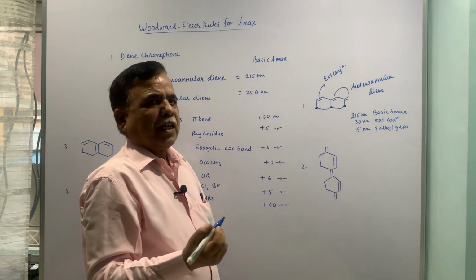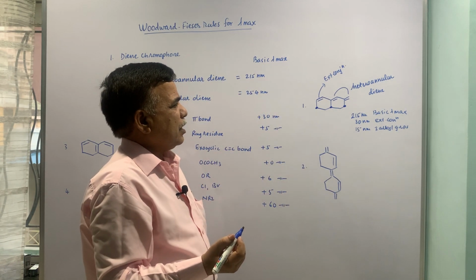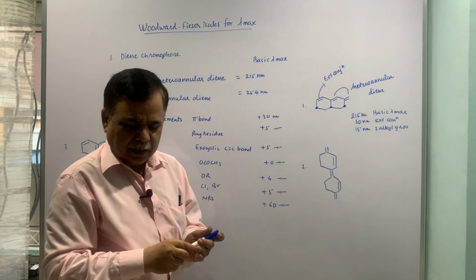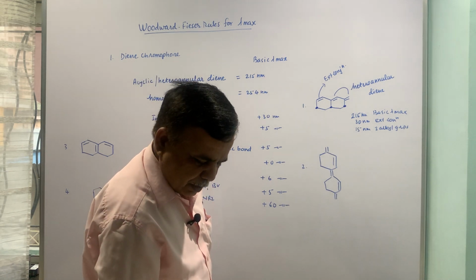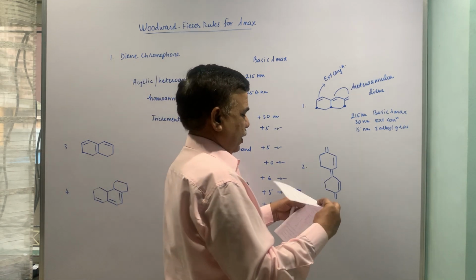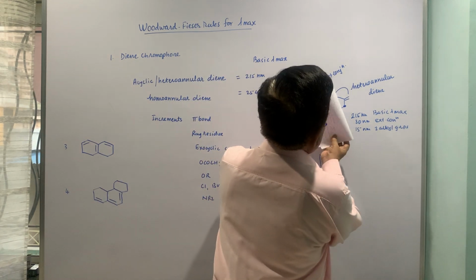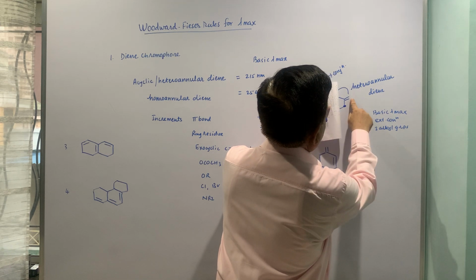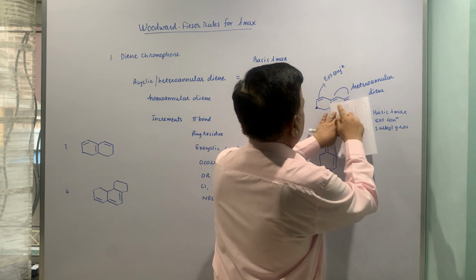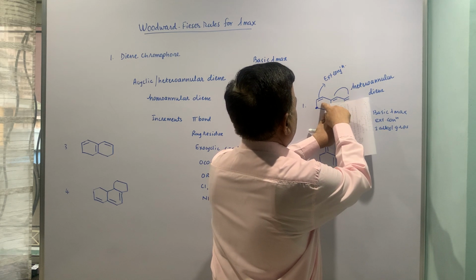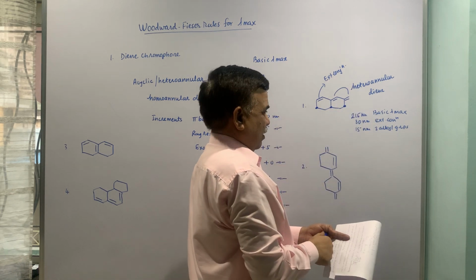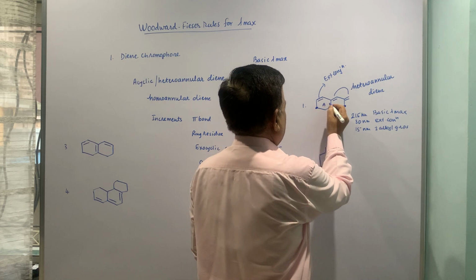Now the exocyclic double bonds. How many double bonds are exocyclic? Exocyclic means outside the ring. So if I show it with the paper, let me put paper. If I close it like this, you can see that this is outside the ring, so exocyclic to the ring. If I close this part, this double bond is exocyclic to the A ring, this double bond is exocyclic to the B ring. So let us designate the letters A and B.